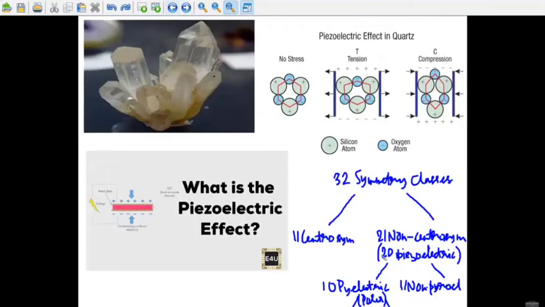Okay, these kinds of classifications are there. 21 are non-centrosymmetric, a necessary criterion to fulfill the above requirements. And in 20 of these 21 non-centrosymmetric groups, this lack of inversion symmetry is at the origin of piezoelectricity, the appearance of an electric polarization as a consequence of mechanical stress. The piezoelectric coefficient is a linear coupling between the polarization and the stress field,